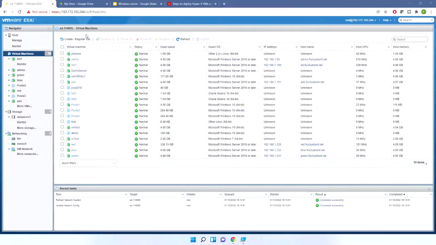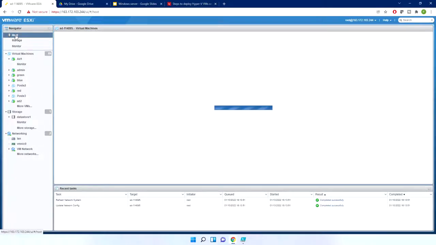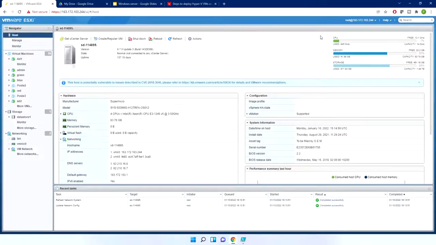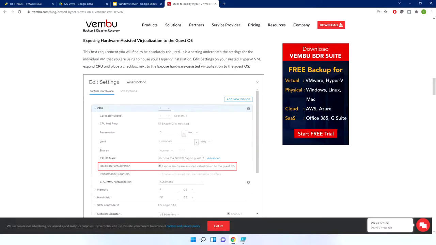So I want to install Hyper-V. I don't have any physical host, so you have two solutions. Either you install Hyper-V on a physical host. Actually, I don't have Hyper-V on my physical host, what I have is VMware. So if I need to be able to install Hyper-V on a VM, I must click on